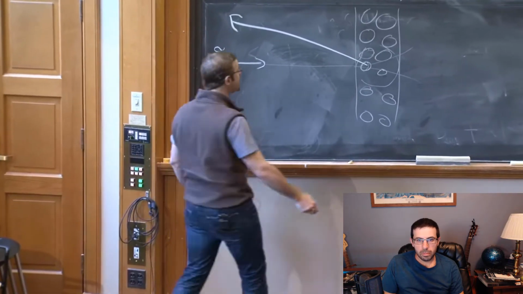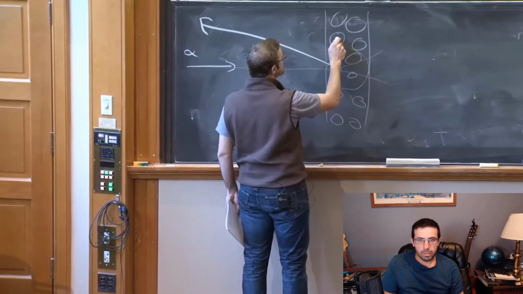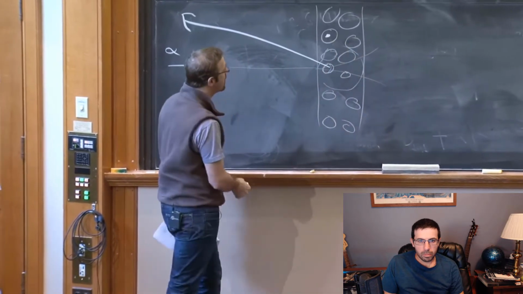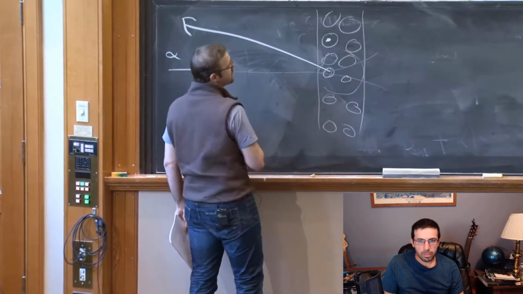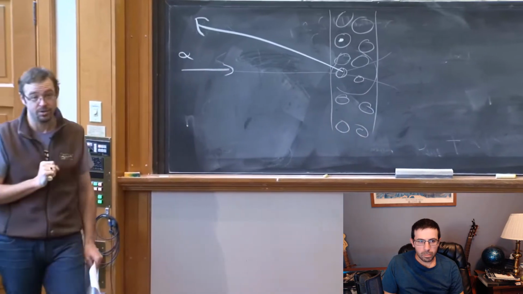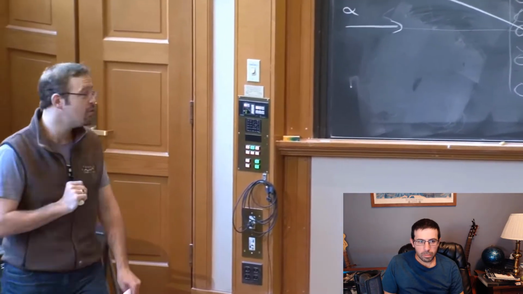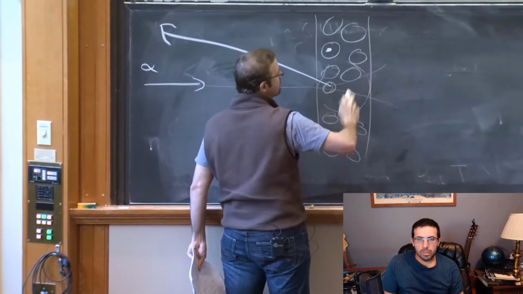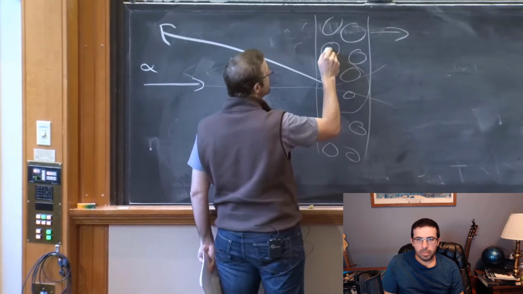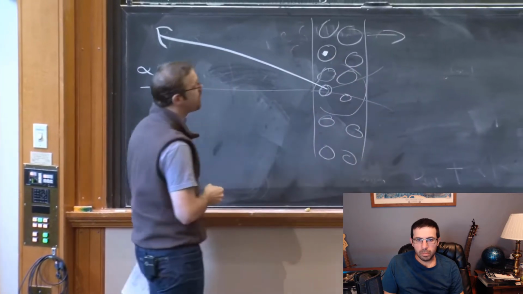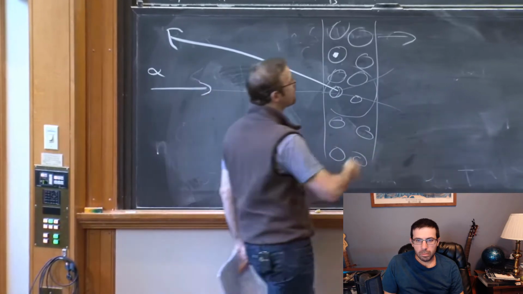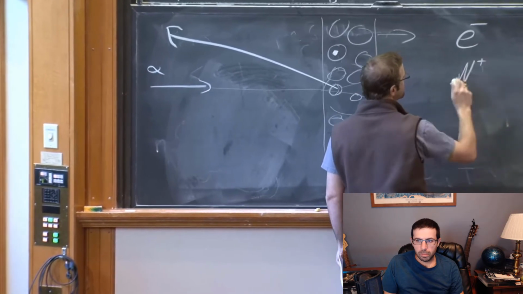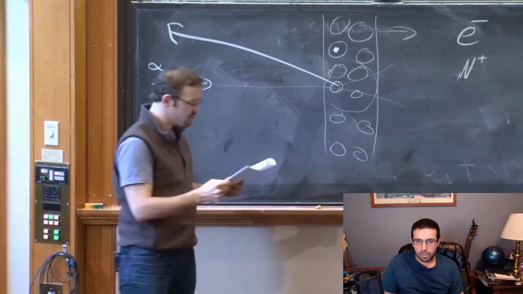Kind of surprising. And the explanation here that people eventually came upon is that atoms are mostly zero density, except they have very, very high density cores, which are many times smaller than the size of the atom, but where most of the mass is concentrated, and as a consequence, most of the inertia. And so we know that atoms have substructure, and the picture we have is that, well, if you scrape this pile of metal, you can pull off the electrons, leaving behind nuclei, which have positive charge because you've scraped off the electrons that have negative charge. So we have a picture from these experiments that there are electrons, and there are nuclei, which I'll just write N as plus, which are the constituents of atoms.